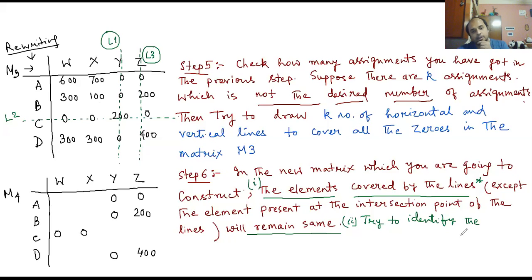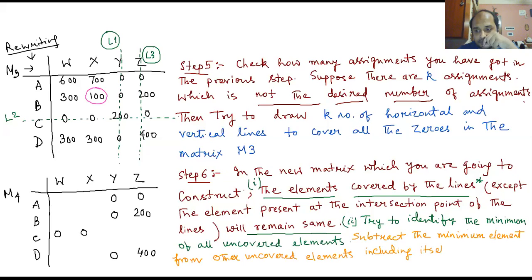Number one, the covered lines are also very important. According to the rule, this zero has been covered by a line, this zero is covered by the line, and this zero has been covered by the line. But this one is at the intersection of the lines. Try to identify